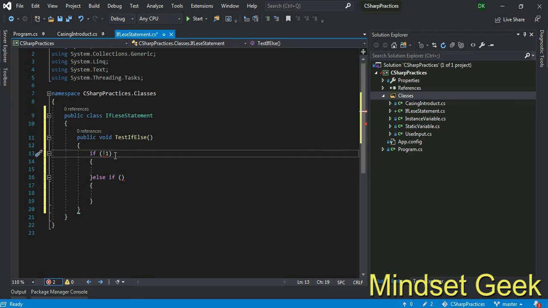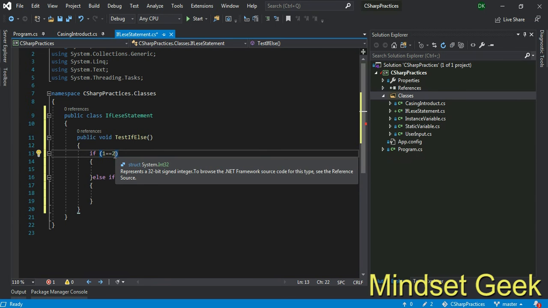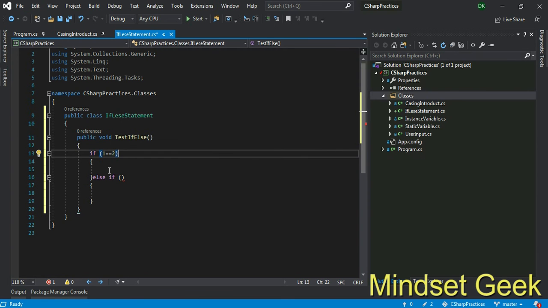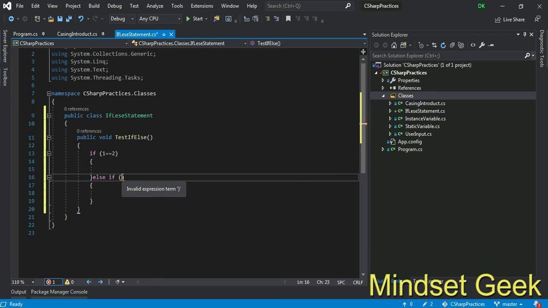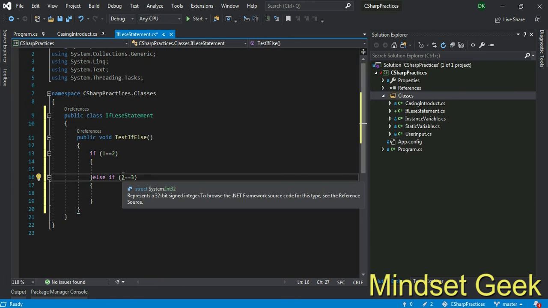We can use some statement, 1 equal to 2. They check whether 1 equals 2. It is not, right? Then check the second condition, 2 equal 3. You can use whatever, right? If this one is correct, this one is true, not. This is also false, right?